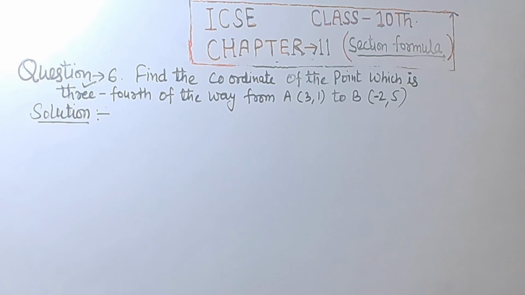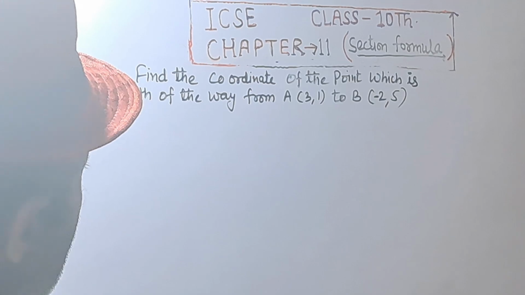Answer. Question number 6. Find the coordinate of the point which is 3/4 of the way from A(3, 1)